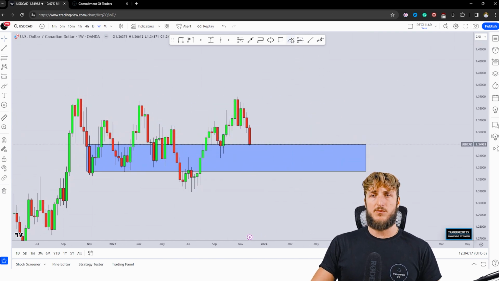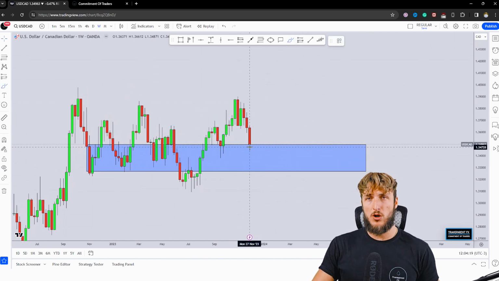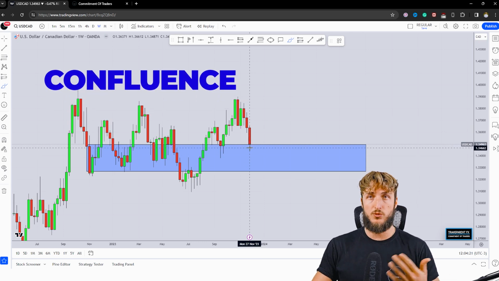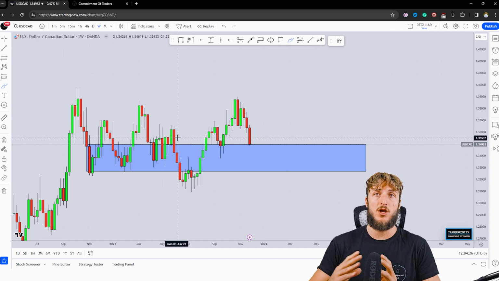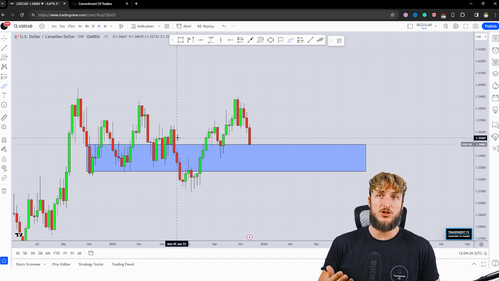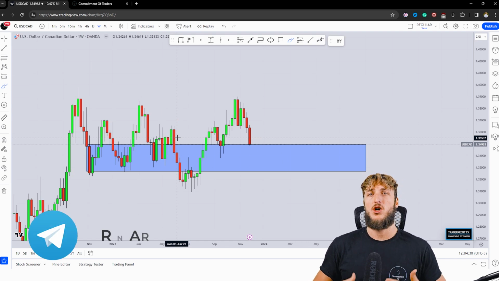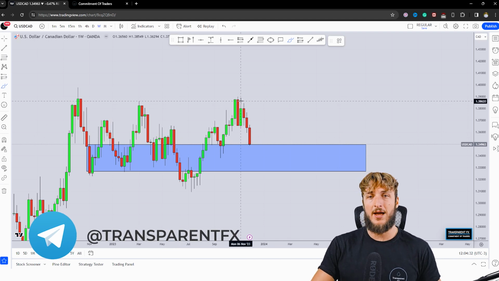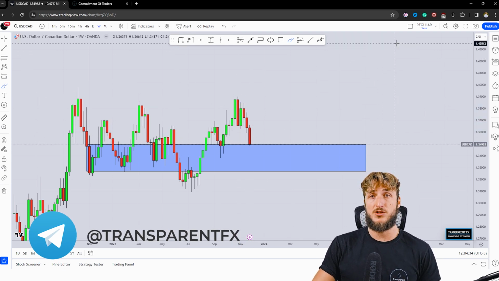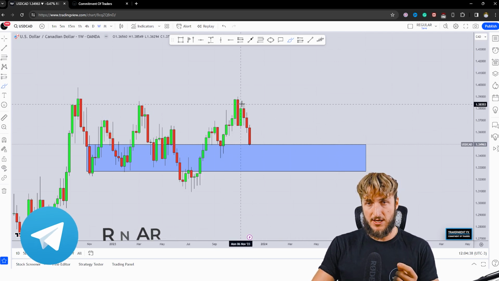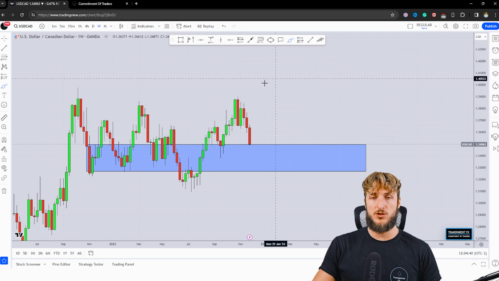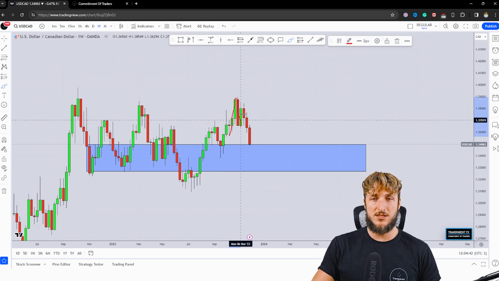Now, from a weekly standpoint, we can see that as the market is approaching that confluence of support that we have previously identified on the monthly time frame, because we had both horizontal support and the Fibonacci levels in the same area of price. So that is a confluence of support area. As we are approaching this area, the market is also creating a bullish pattern from a weekly standpoint. In fact, we can see that during the creation of this move to the downside, the market has just created